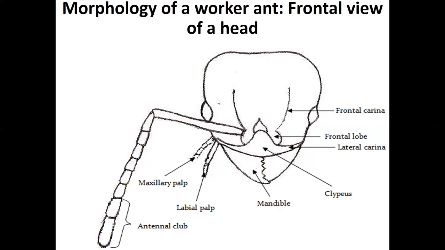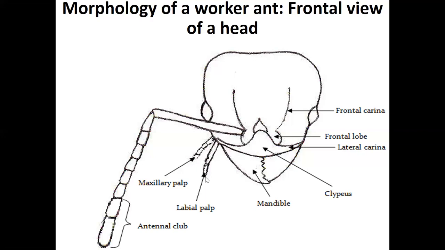You place an ant under the low power stereo microscope, and then if you look at the frontal view, if you look at the ant head from the front, it's called frontal view. This is the head. You find compound eyes here and here, and I will introduce the other parts one by one. Here, only on one side, maxillary palp and labial palp